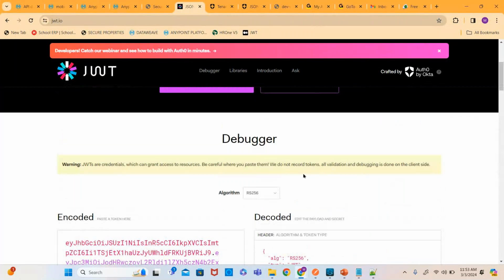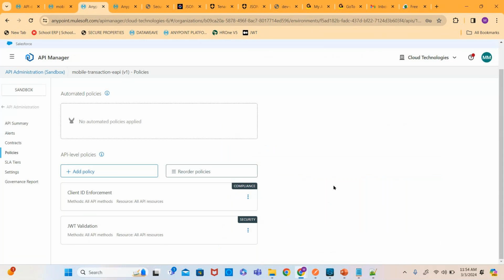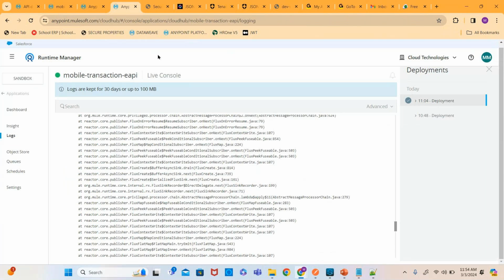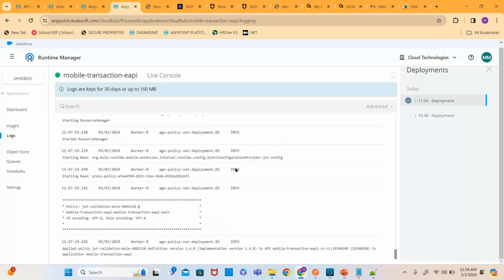Now we applied the policy. Now we'll go to Runtime Manager. See, the policy has been applied. Applied policy, JWT validation. Got it, right? Next, what should we do? We need to test it, right? I'll go to Postman and then